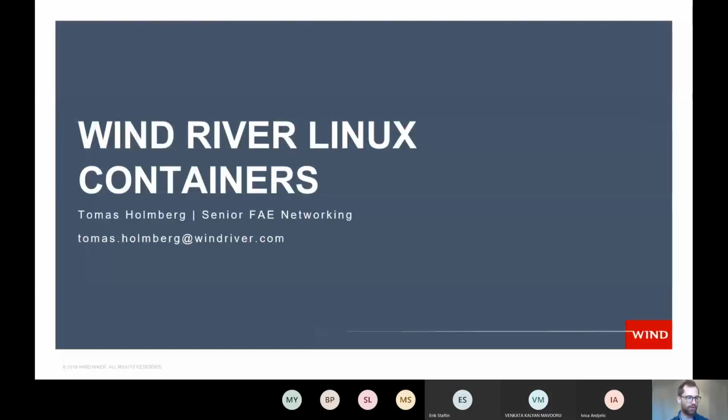So today I'm going to talk about Wind River Linux and containers. What I'm going to present applies as well to standard Yocto, but Wind River Linux is based on Yocto, and I will use Wind River Linux. I have the idea to avoid as many slides as possible. That's why you will see me writing a lot in the consoles and